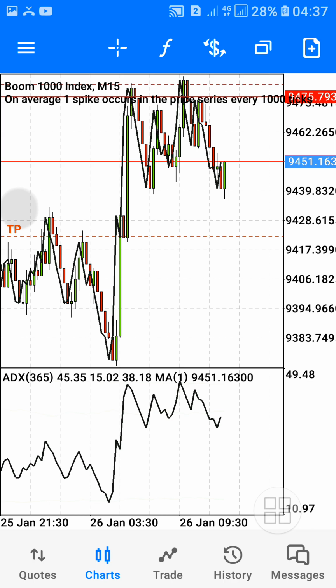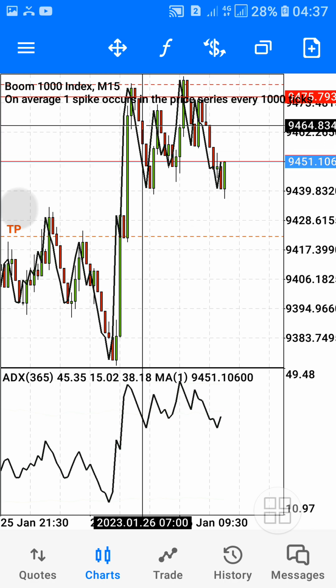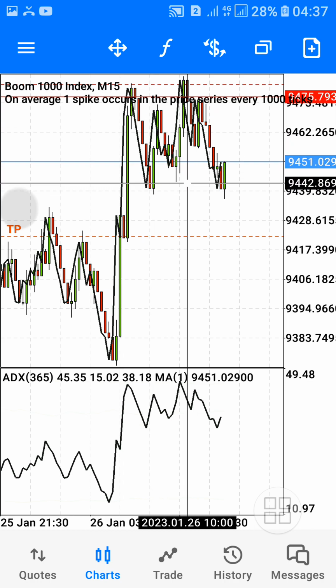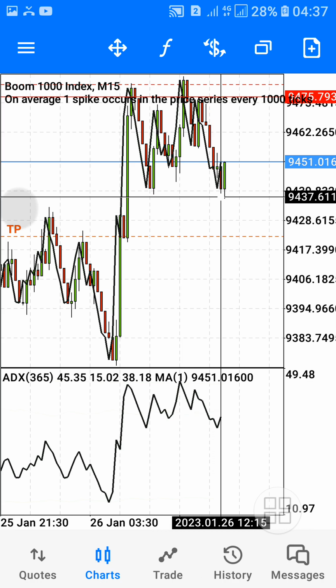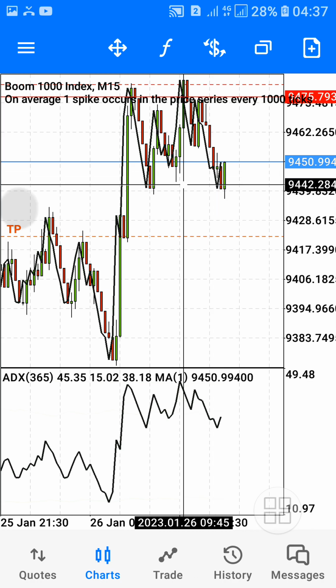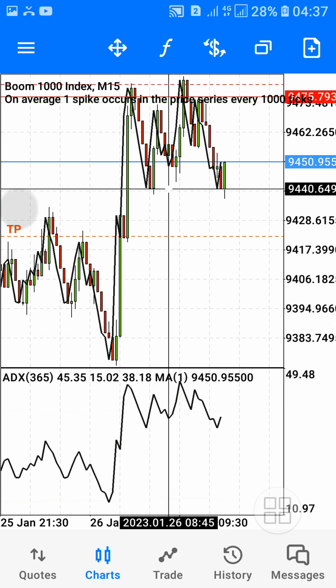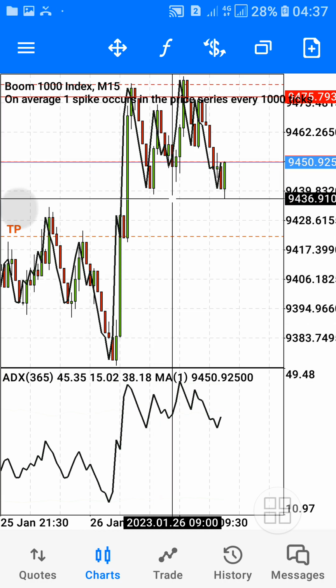Yeah, it just spiked now, but I'm still running a profit. You can see where I entered this market from here, so I still have the profit. So I think this market is trying to form a range within this area. It has moved up from here. But anyways, I am expecting this trade to come down all the way here and hit my TP.